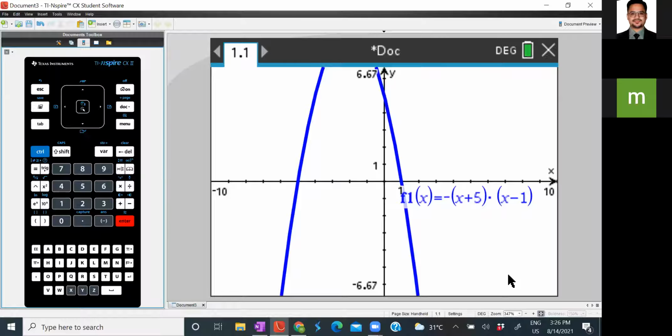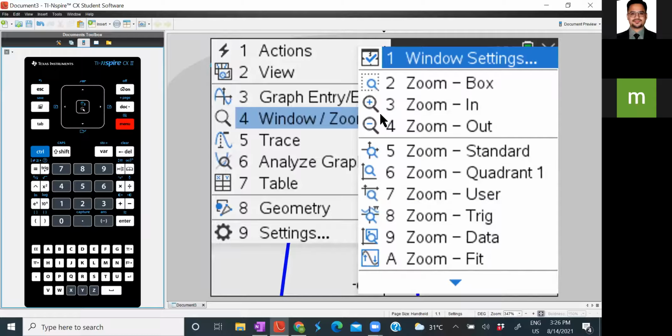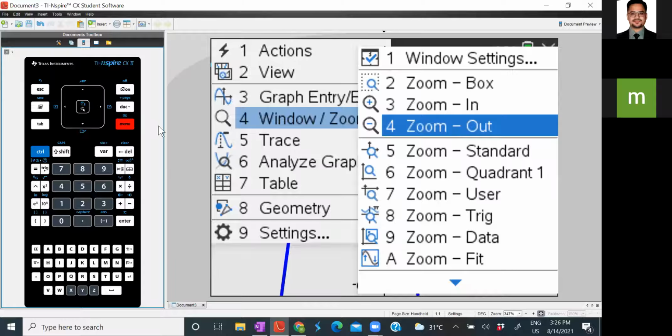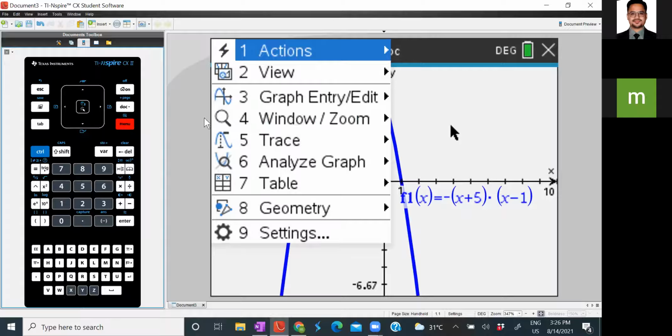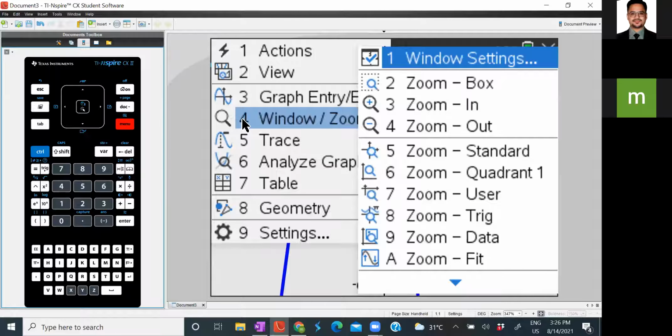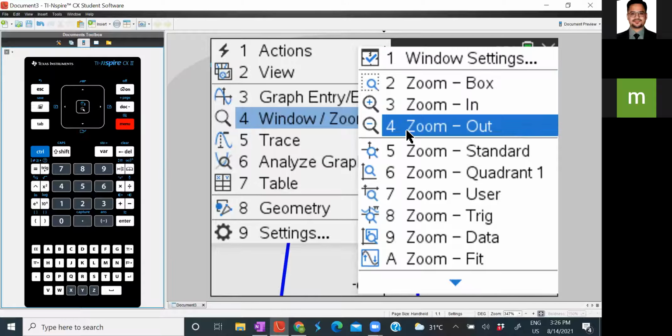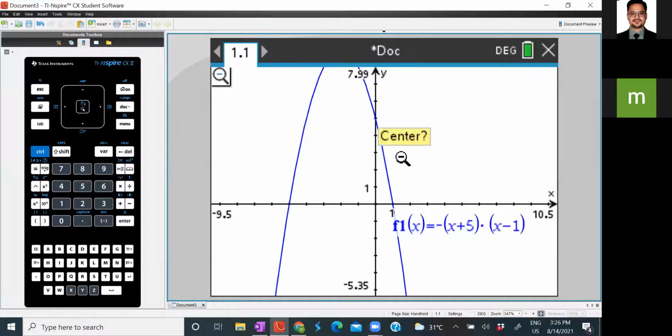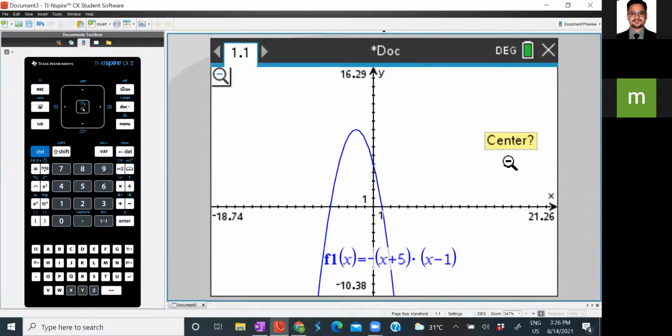But what you see is a maximized version of the curve. In TI, you also have an option where you can zoom in or zoom out. I'll go to menu, then I see the window and zoom option. For this, you can either click window or zoom, and also you can click number 4, which automatically retrieves the data. So go to zoom out. If you see, this is now minimized. This is the zoomed out version, right? So this is how you can graph a function.